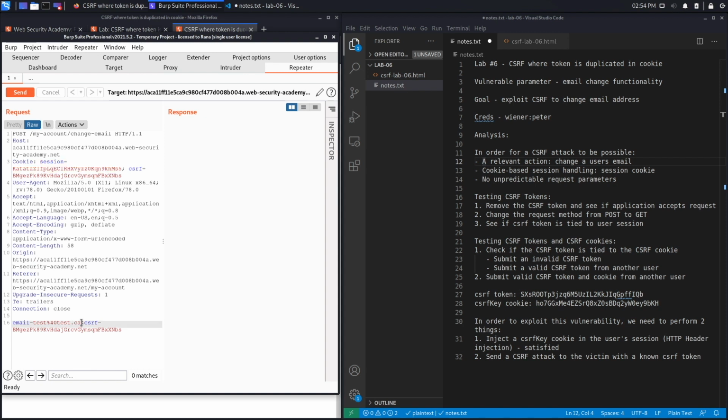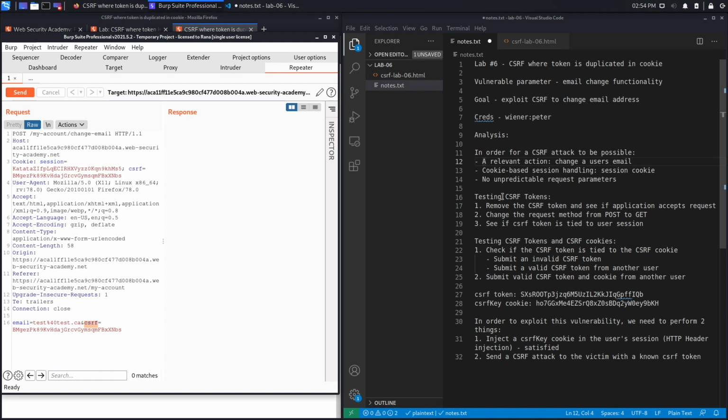So in this case, we can predict it. It's going to be the email address of the attacker. However, you could see that there is another parameter, a CSRF token, which looks like it's a random number and so is unpredictable. So at first thought, this looks like it's definitely not vulnerable to a CSRF attack. However, depending on how this CSRF defense mechanism is implemented, we might be able to bypass it and still exploit